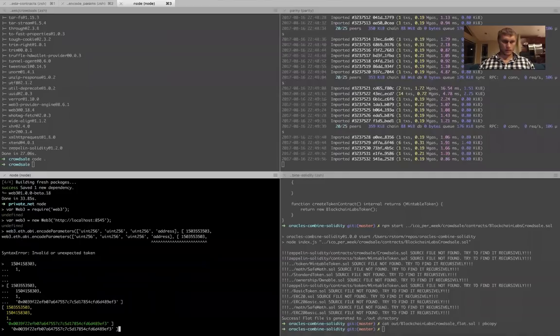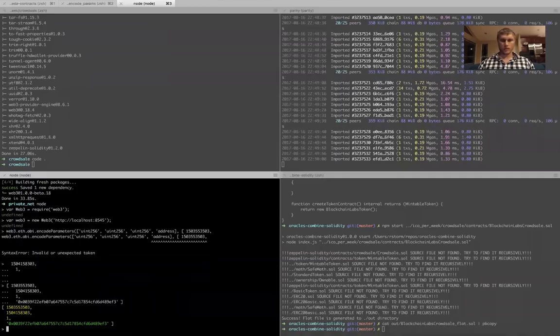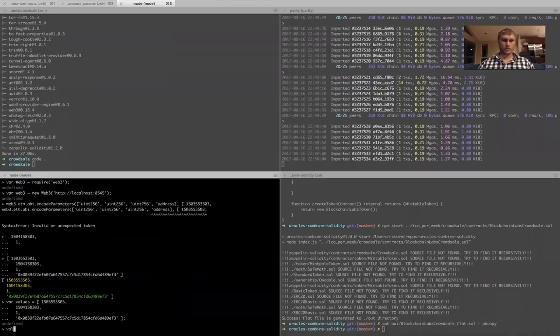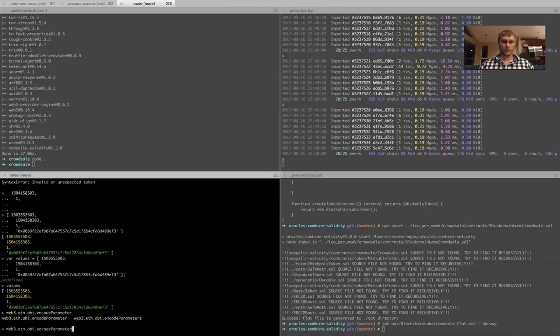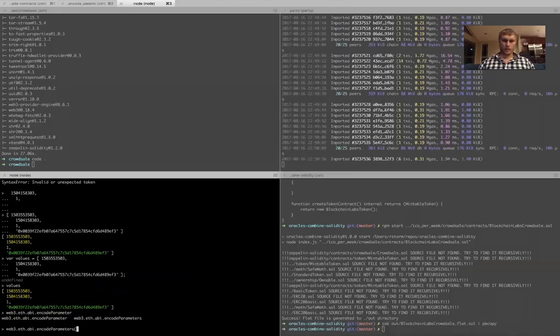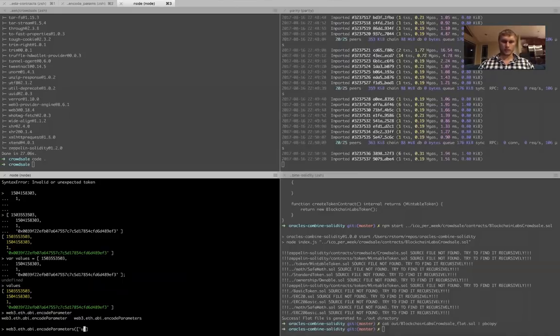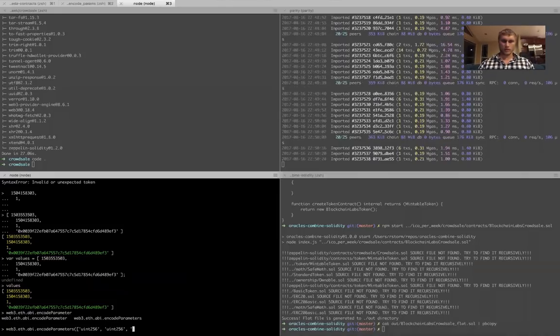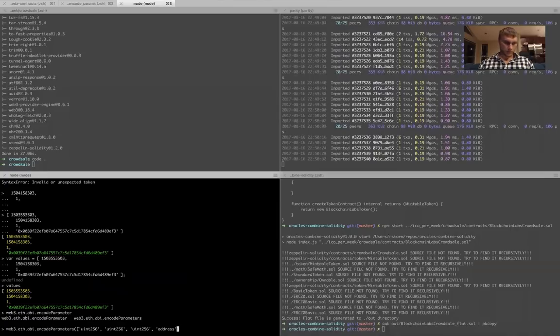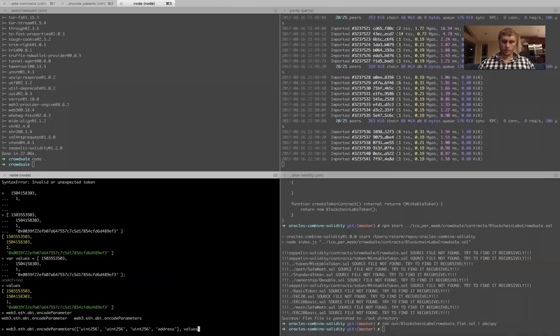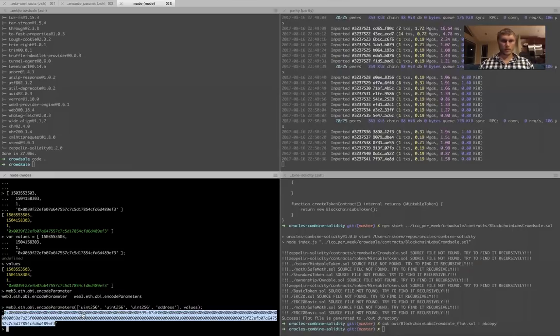All right, so I'm just gonna say var values, which is equal to this values. All right, so web3 ETH ABI encode parameters. Again, I'm gonna define it: unsigned integer 256, unsigned integer 256, unsigned integer 256, and address, and values. All right, this is our encoded constructor